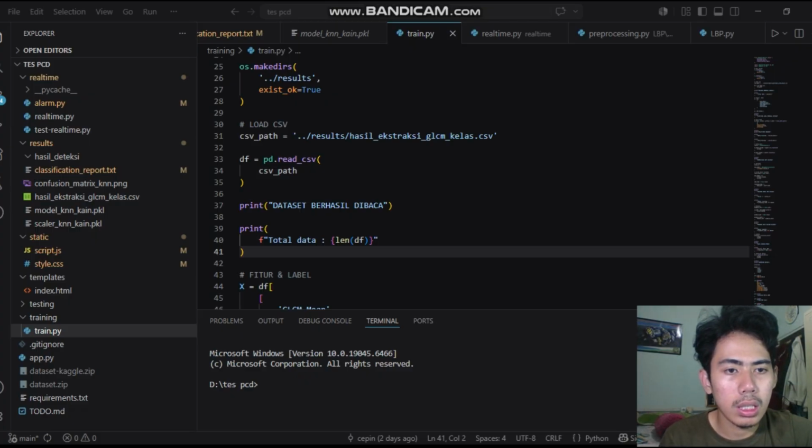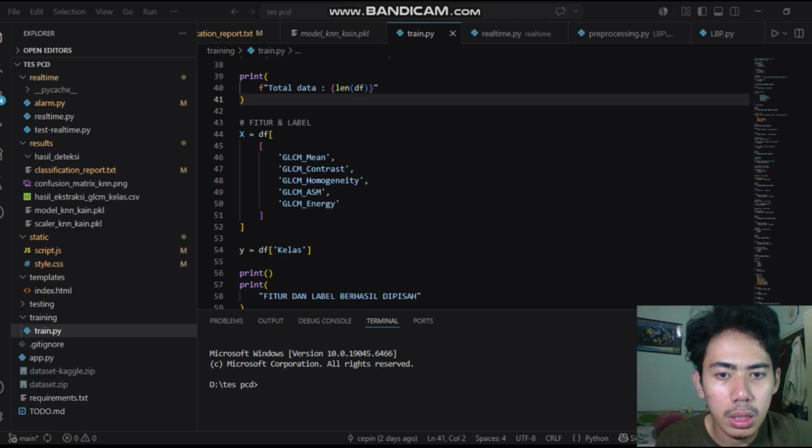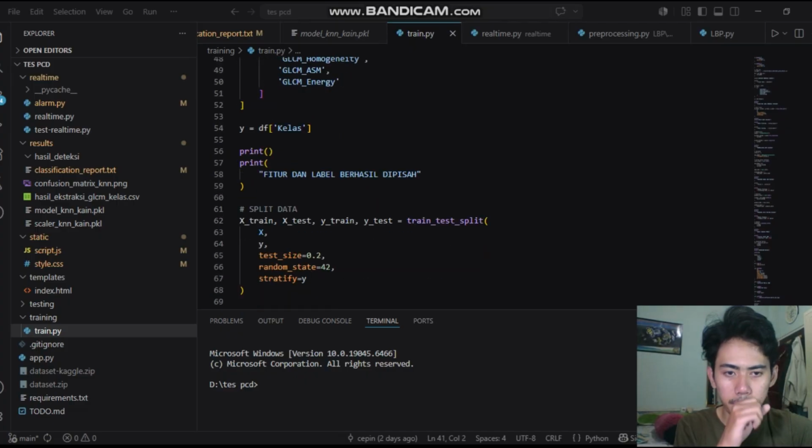In this project, the GLCM method uses mean, contrast, homogeneity, ASM, and energy features, while the LBP method uses histogram texture features. The similarity between data is calculated using Euclidean distance.